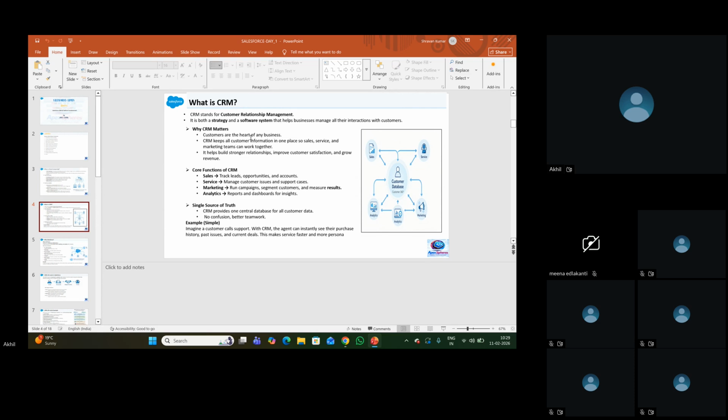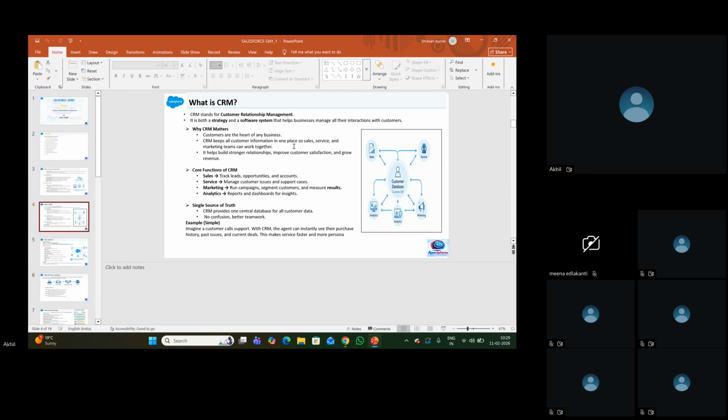CRM is something like, let's suppose we have a health insurance application or health insurance component. With whatever customers we have for our application or organization, we maintain everything.